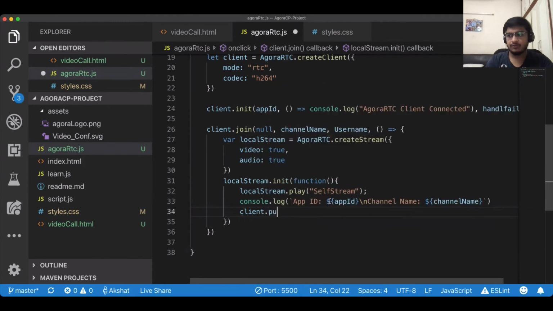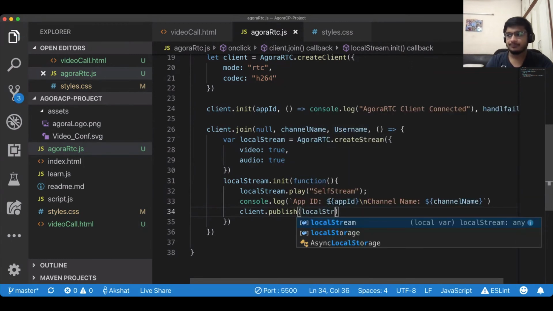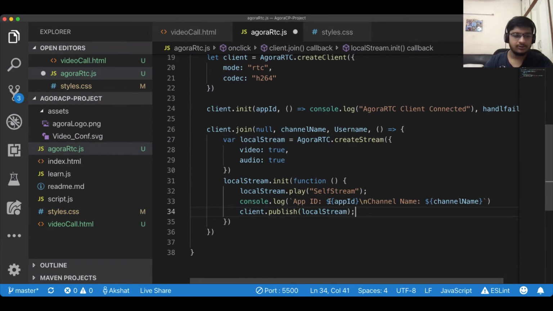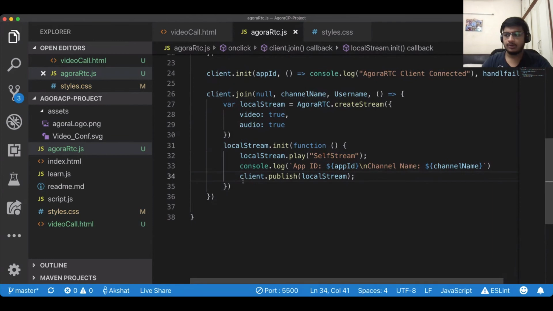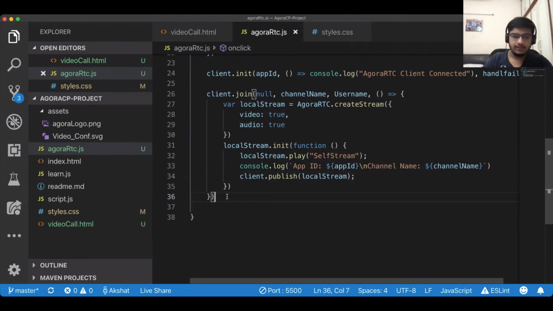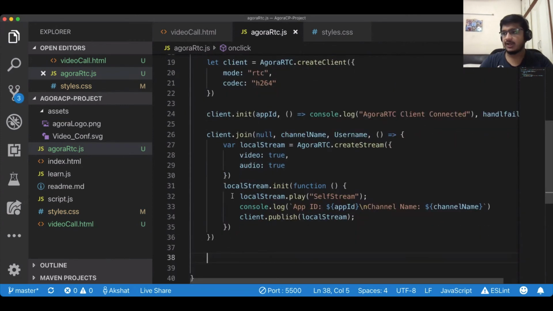We'll publish whatever stream we're getting locally onto the local stream. Perfect. Looks good. So now we're good to go with this part. My join function has an equal number of brackets. Yep.